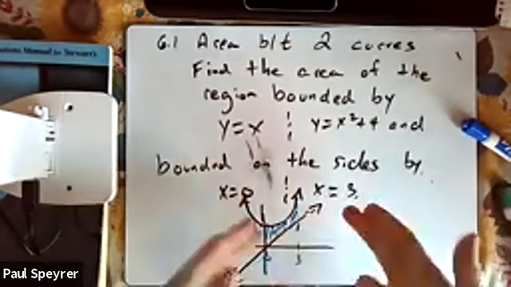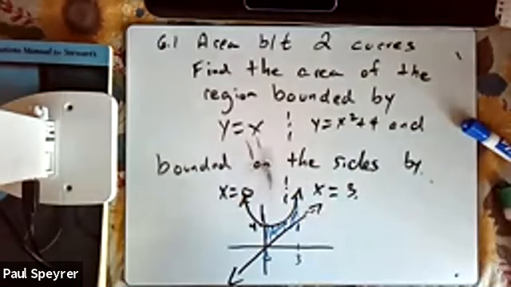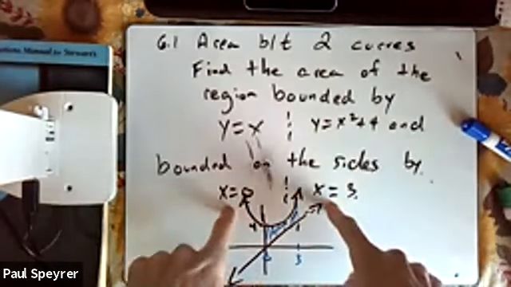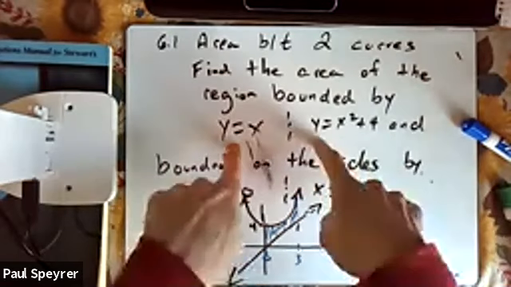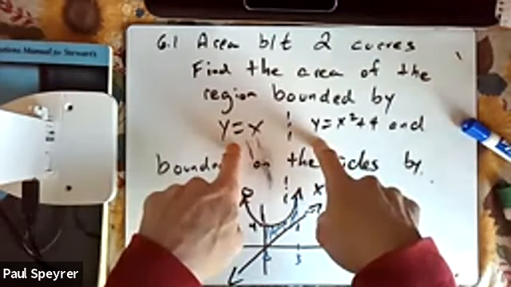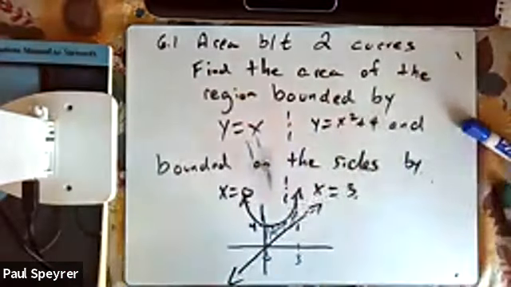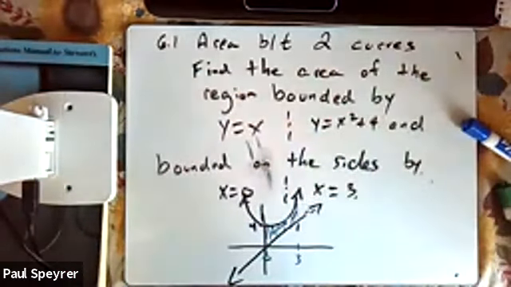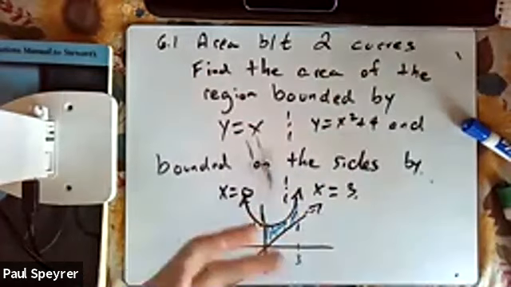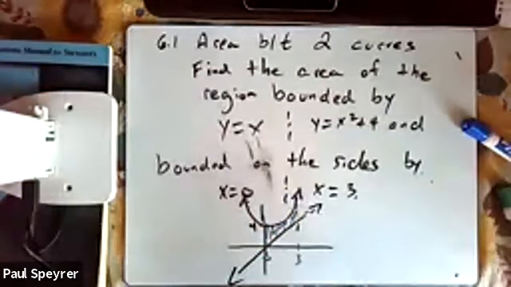Now, with this one, we know we're doing it with respect to x. Why? Because they're telling us x equals something, x equals something. And also, we don't have any crazy powers of y. You don't have something like y squared equals x squared plus something, okay? So, since we're doing this with respect to x,